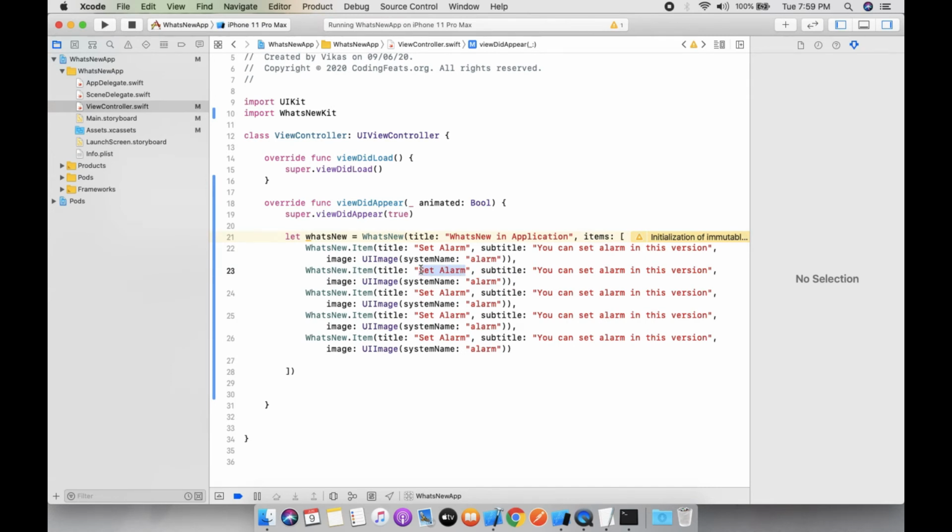So here we need to set Set Volume, and the subtitle is You can set alarm volume, and the system image is volume.